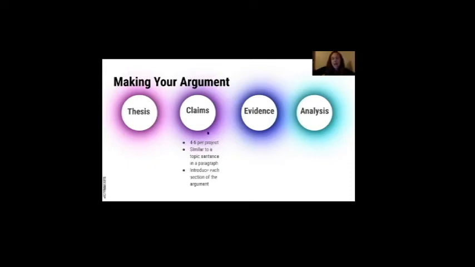Then you add evidence, 2 to 3 pieces of evidence per claim, and you can use primary sources as the evidence. You can use secondary sources like graphs, statistics, maps, etc. Avoid the overuse of secondary source quotes as evidence to your claims, because that's someone else's ideas, analysis, thoughts on the topic rather than actual evidence to support your claim.